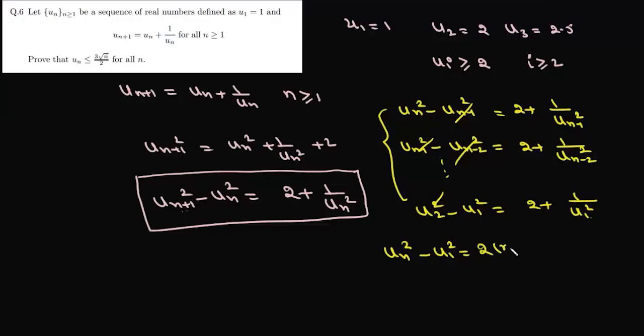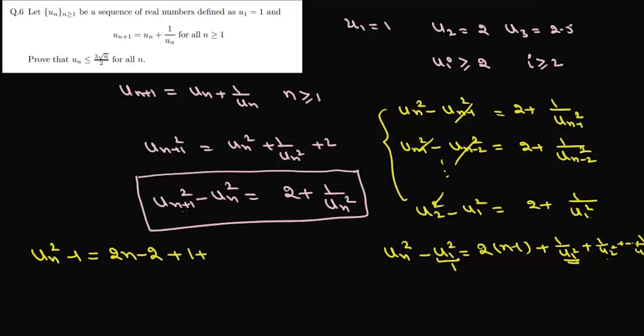So there will be 2(n minus 1), and plus 1 upon U1 square plus 1 upon U2 square up to 1 upon U(n-1) square. Now U1 is 1, so we can write Un square minus 1, and here will be 2n minus 2 plus, now this U1 square again will be 1, and